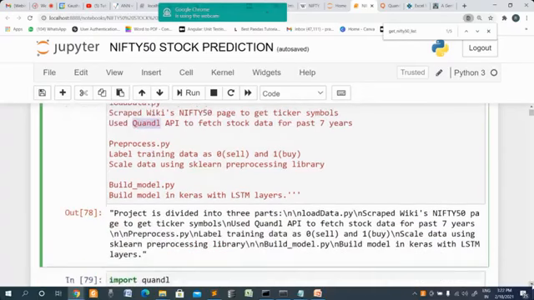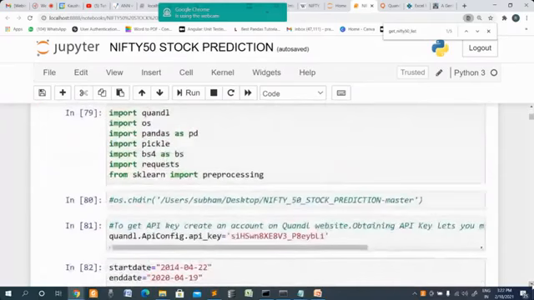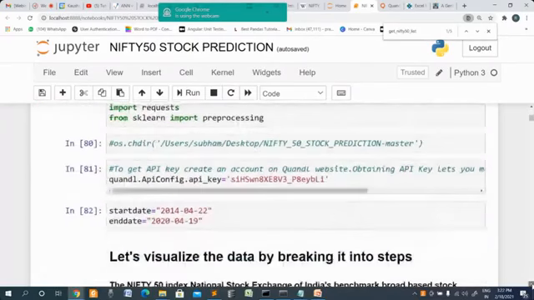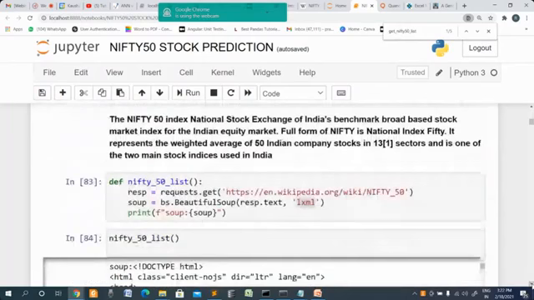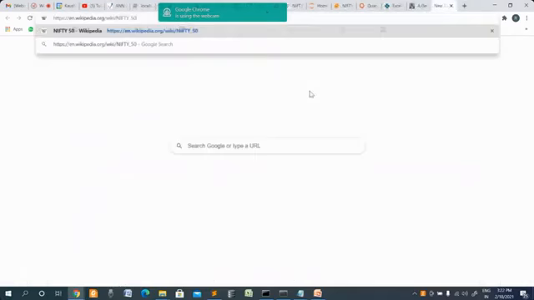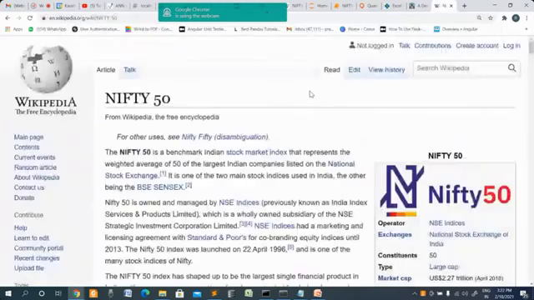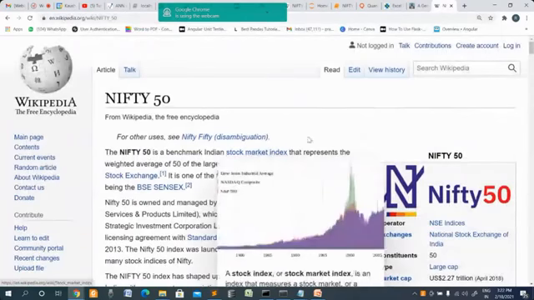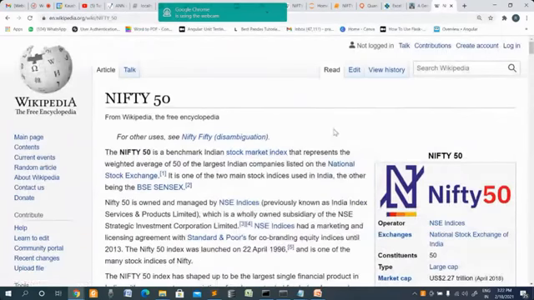The first thing is to get, if you go to Wikipedia and then Nifty 50, see, the Nifty 50 is a benchmark of the Indian stock market index that represents the weighted average of 50 of the largest companies listed in the National Stock Exchange.